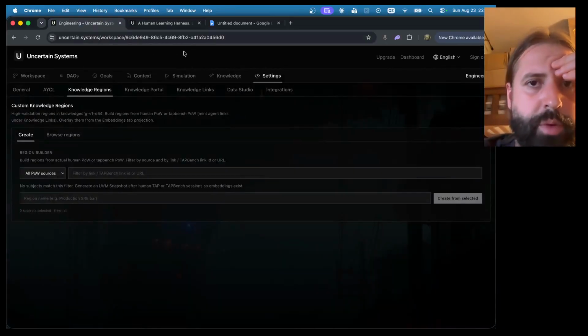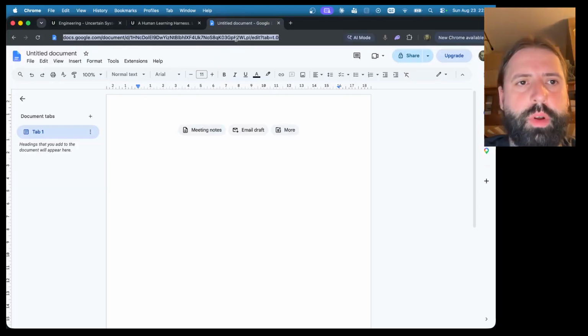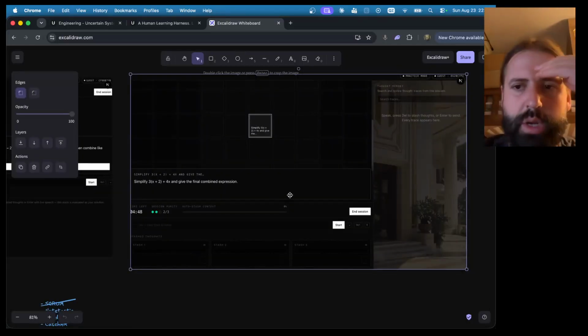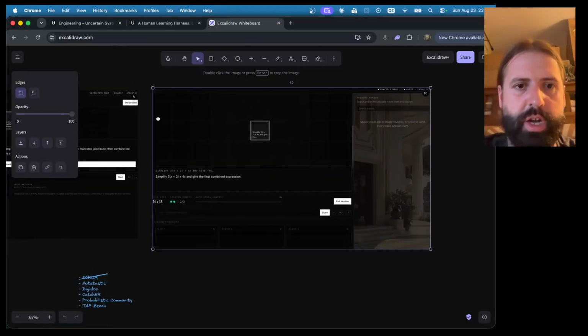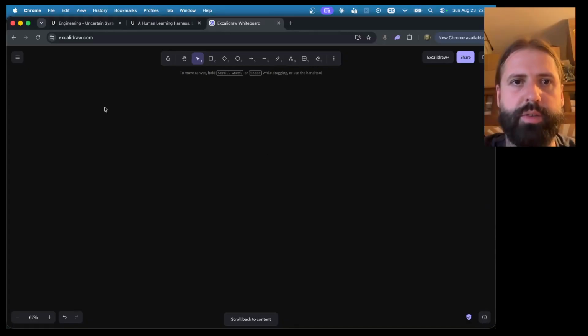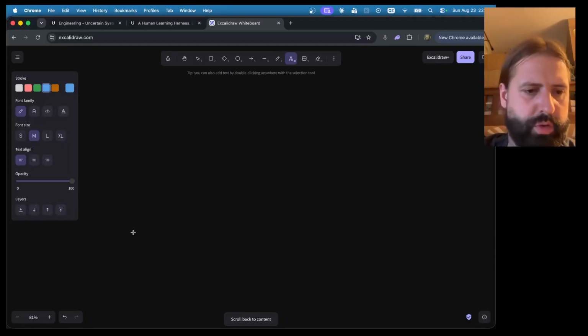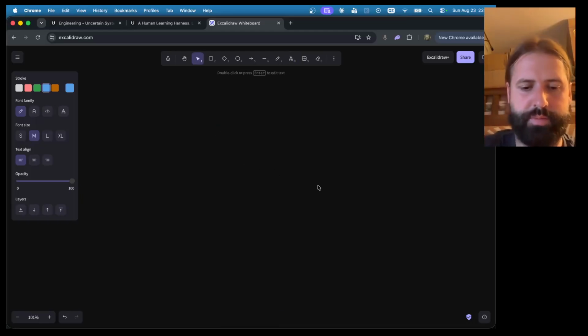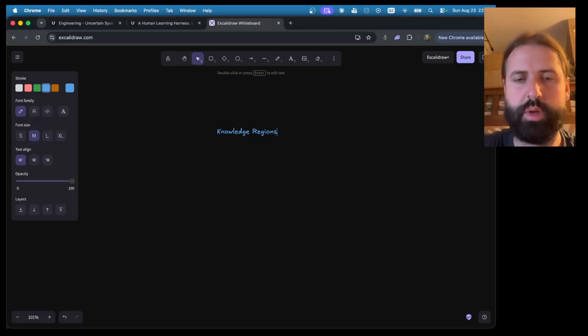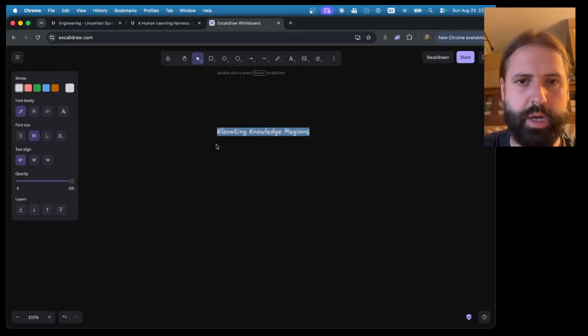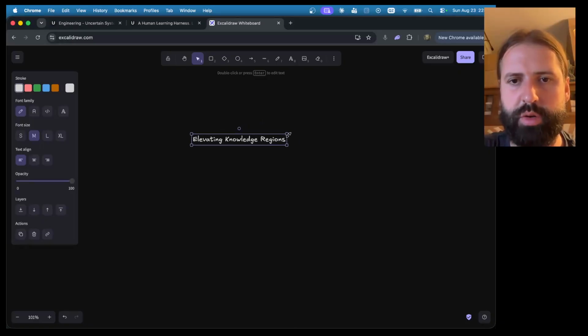So think of what I'm trying to think of, and I'm not going to use this. I'm going to use Excalidraw. We're going to go somewhere else here, right? So we are talking about today knowledge regions, basically elevating them. Elevating knowledge regions. The reason I'm saying this is because